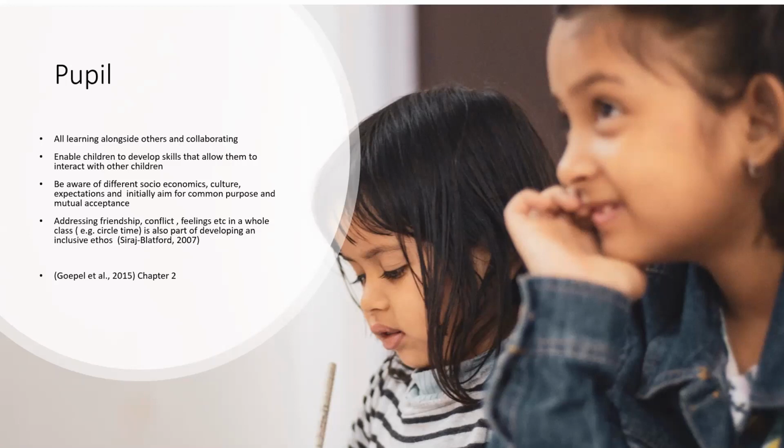And that this, whilst not always immediately recognised as being part of inclusion, is about developing a whole class inclusive ethos. Because teachers aiming to become inclusive need to be aware that their class will be made up of a range of different groups, whether that's friendship groups or socio-economic groups, and children need to be given opportunities to develop their social skills, and through strategies such as circle time, this is also a factor in creating an inclusive environment.